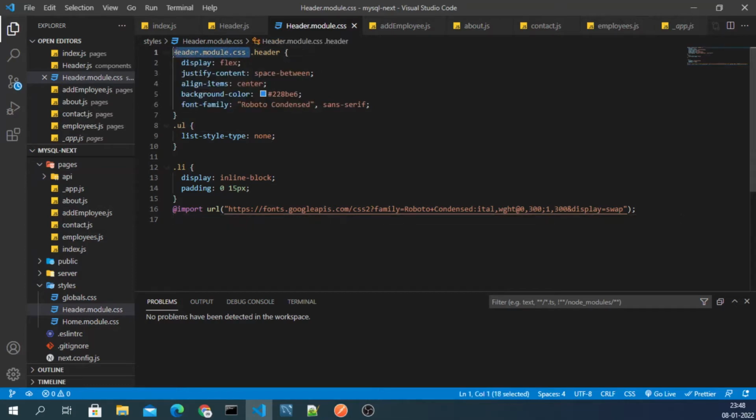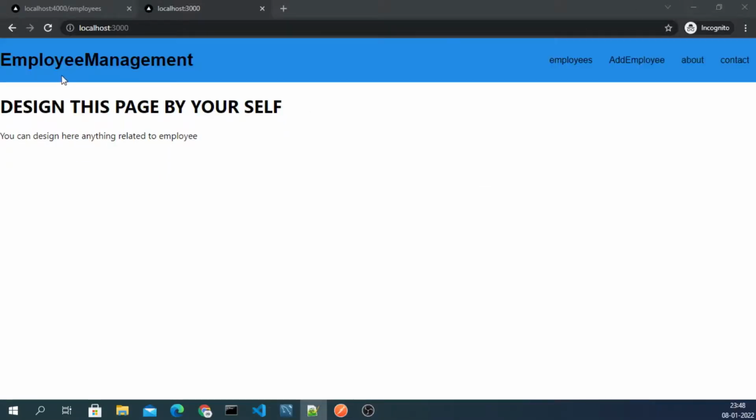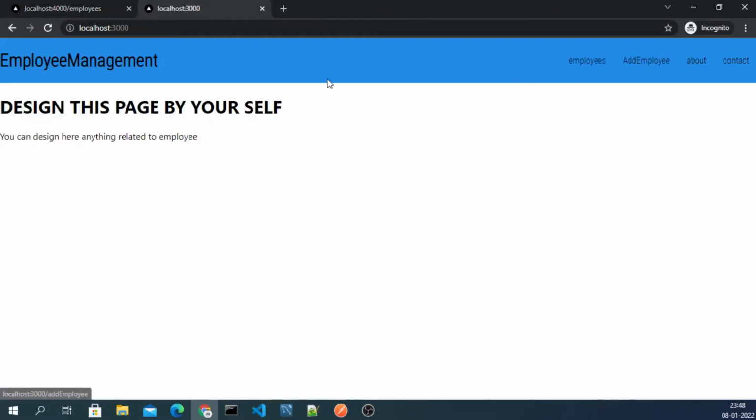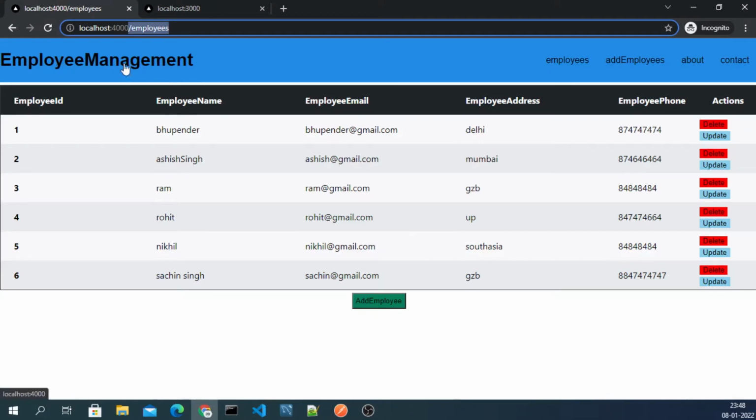Okay, we need to remove this. So if we save now, okay, now you can see guys, it is working. Now you can see guys, we have this same header navbar. Okay, you can check.